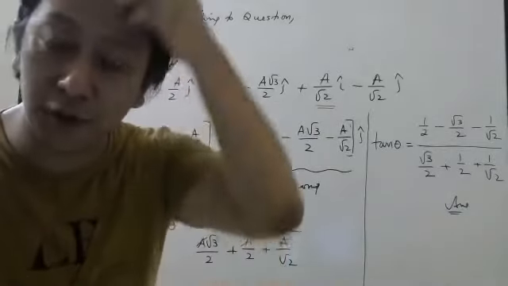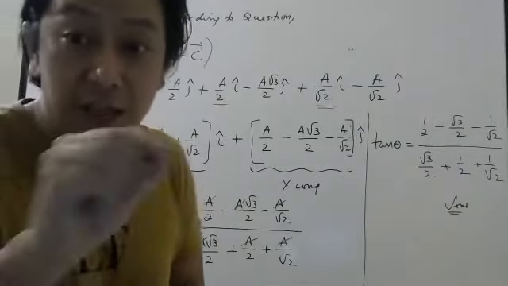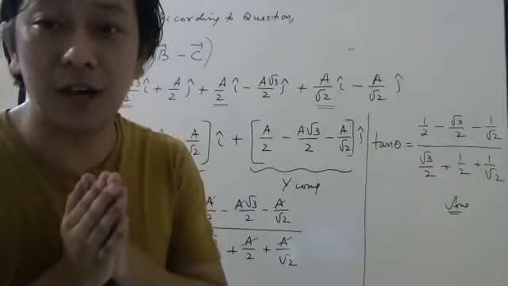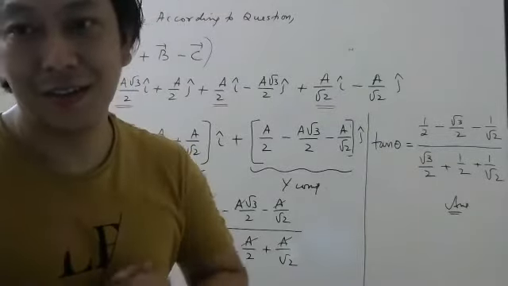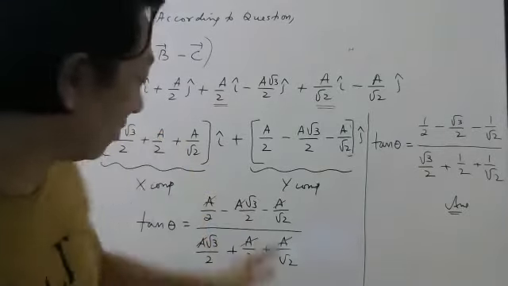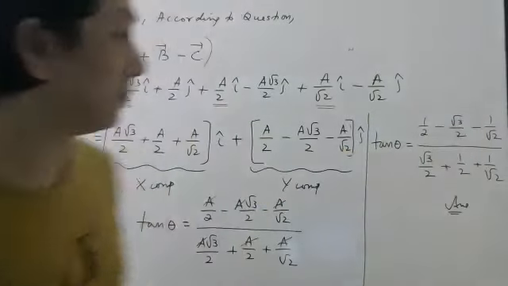Was the magnitude of those vectors given in the question? No, it was not given. The only thing they told was that the magnitudes are equal. So since a is our creation, at the end that a should get cancelled, so that the answer is in terms of just a number.